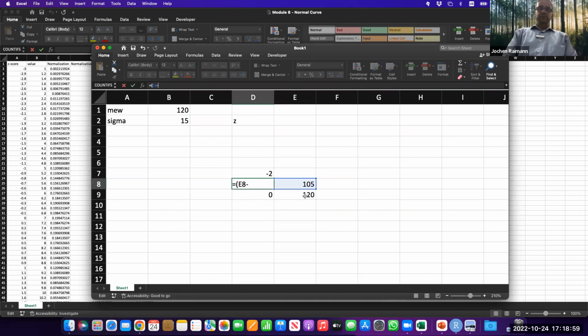Minus your mu, which is 120. And we're logging that one in, and we're dividing it by our sigma. So that's our formula to calculate the standard deviation. It's as simple as could be. So it's essentially,